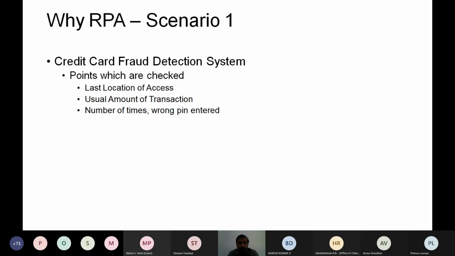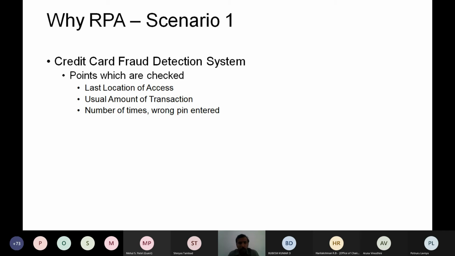Out of these 10 lakh, maybe 50 to 100 customers may come across a fraud. You often hear in the news that money is gone through a credit card or debit card, or illegal use of credit cards for purchases.